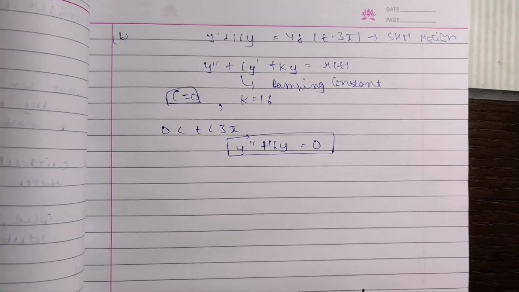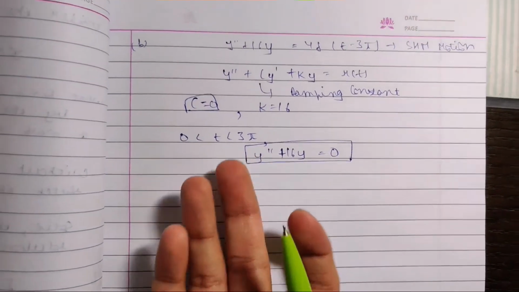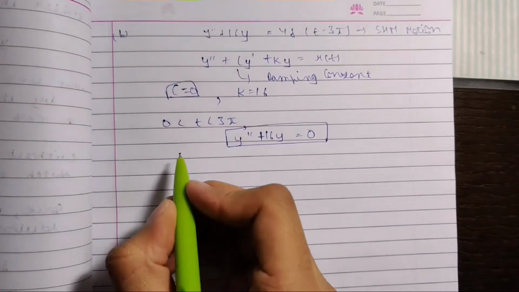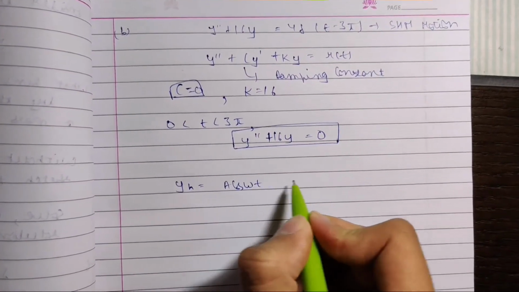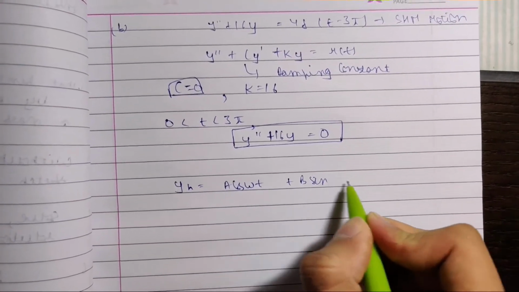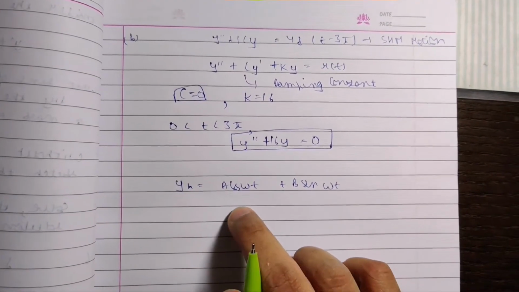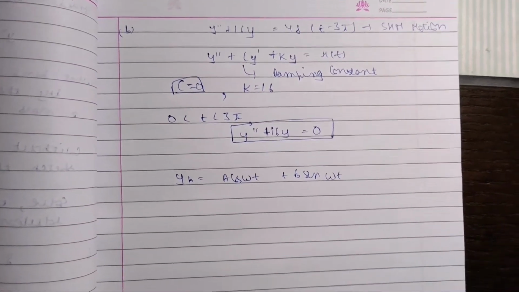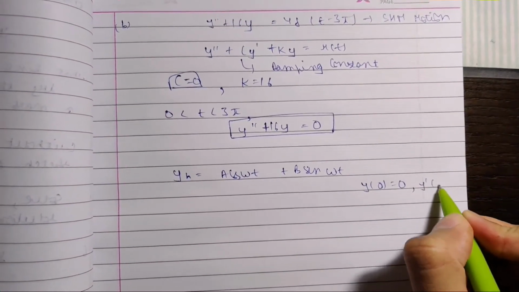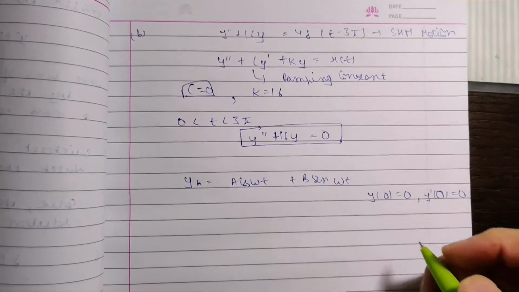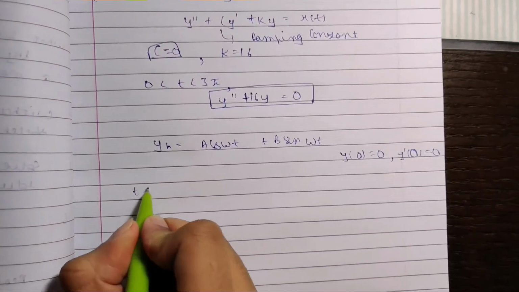The solution of this homogeneous equation would be a superposition of a cos function and a sine function, because it exhibits SHM motion. So y_h will be A cos omega t plus B sine omega t. The initial conditions that we have are y(0) equal to 0 and y dash (0) also 0. Okay, so when time is greater than 3 pi,